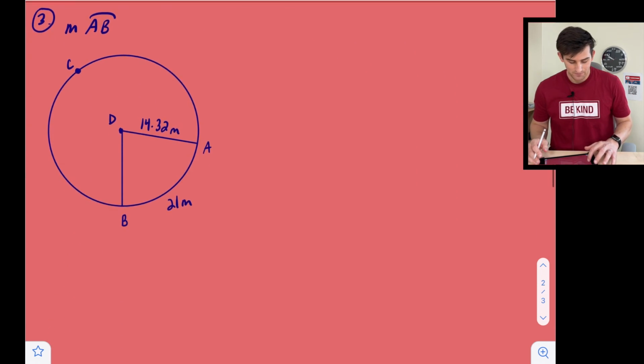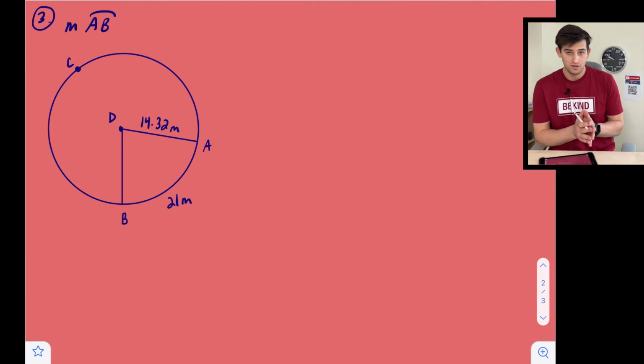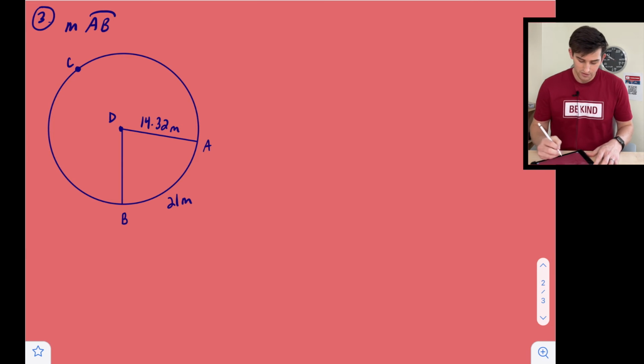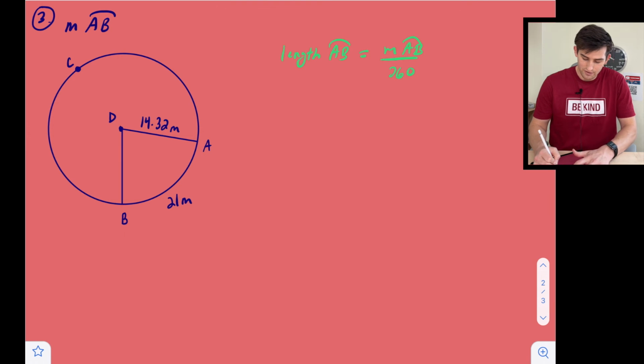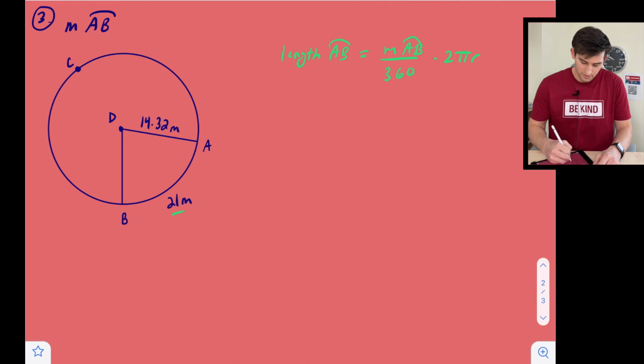Last example. Now we're going to find the measure of arc AB, not the length of arc AB. We want to find the measure in degrees. So we can use our same equation. The length of arc AB is equal to the measure of arc AB divided by 360 times 2 pi r. The length here is 21, so 21 equals, we don't know our measure, so let's call it x degrees, x over 360 times 2 pi, and our radius is